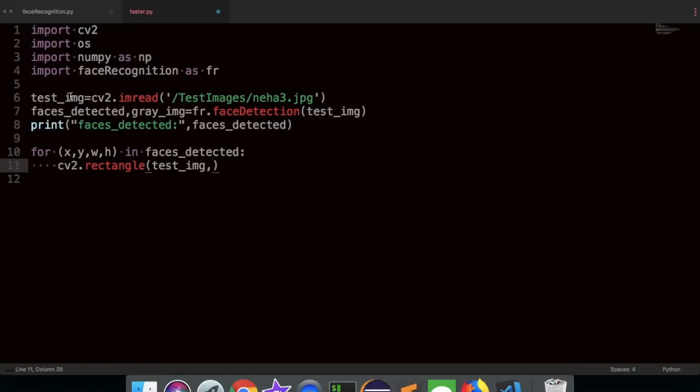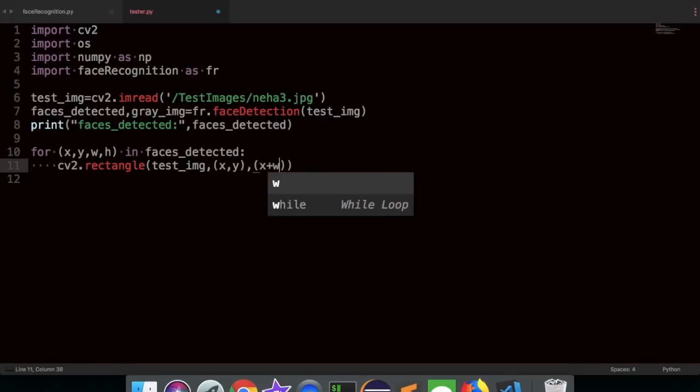We are giving it the normal test image and not the gray image, right? Because on that particular image we want to display the bounding boxes, so that's why we are using this function from OpenCV, rectangle. Okay, and then we need to give it xy points. Here we basically give the opposite diagonal points of the bounding box which is going to form around the faces which we have detected. And then it will take x plus width, comma, y plus height,